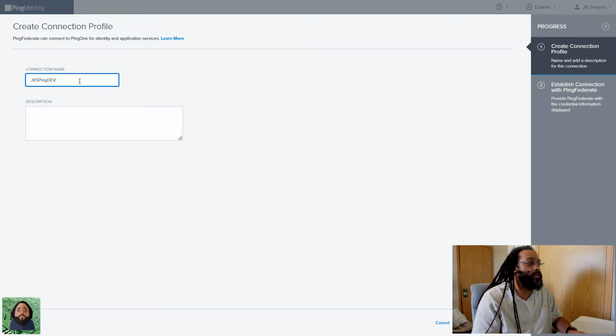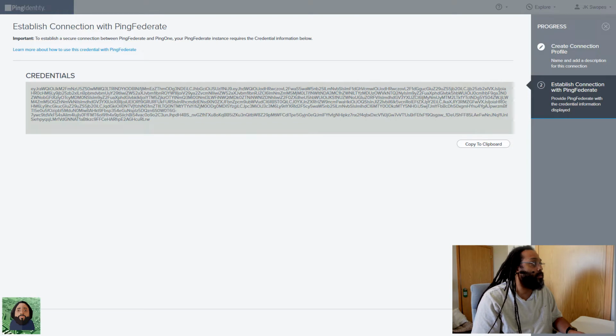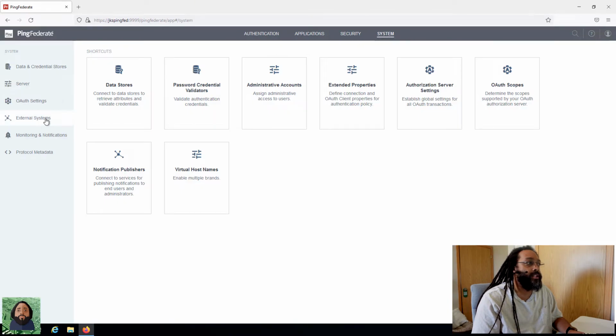We'll just call it JKS Tech Ping Dev. So hit save and continue. It's going to give me these credentials. I need to copy and I need to put this into my PingFederate. So let me pull up my server. So here's my PingFederate server, and what I want to do is go to system and external systems,